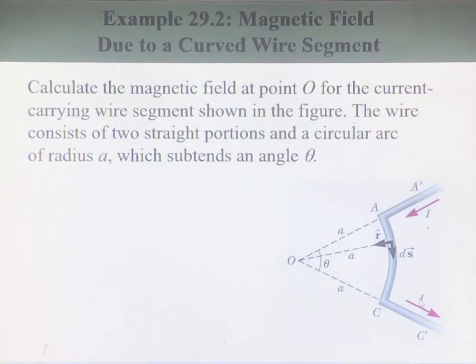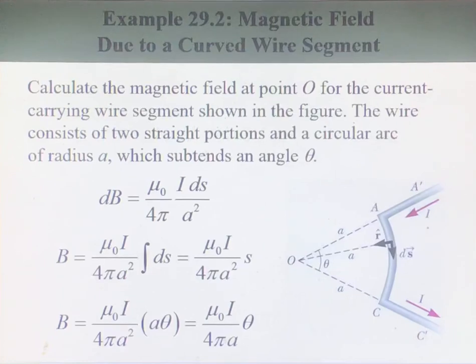So if I want to calculate the magnetic field, I can look at all the contributions that come from segment A prime. So I can look at the segment from A prime to A, and then A to C, and C to C prime. Now I notice that when I set up my integrals, the segment from A to A prime is always going to be,